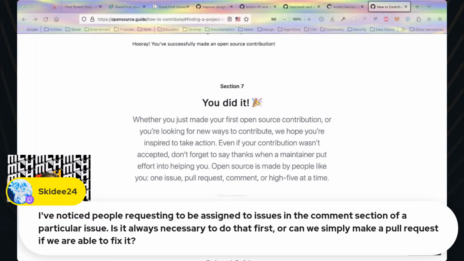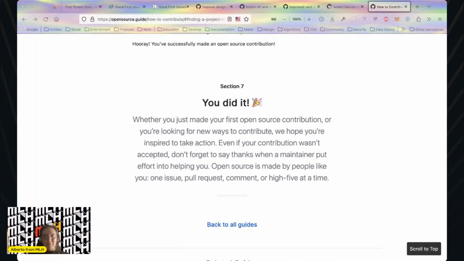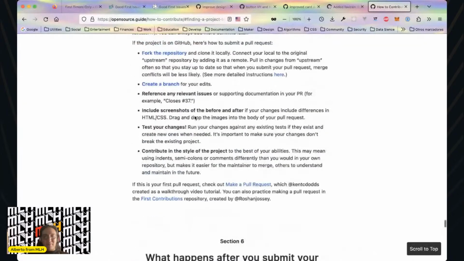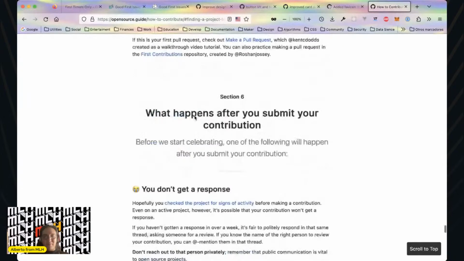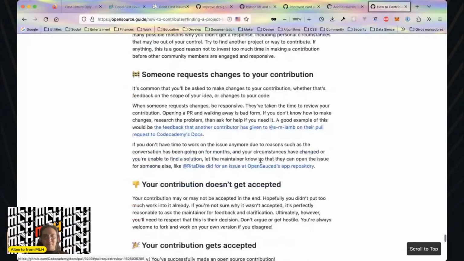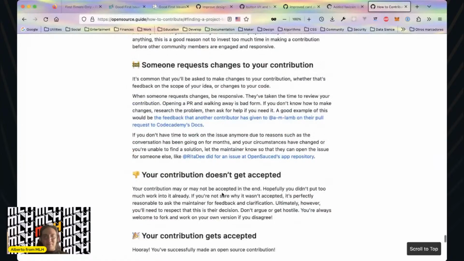It depends a lot on the project, on the community, and on the issue. Again, you will need context for this because, remember, and I was showing you this screen, not every time you make a pull request will your contribution be accepted, right?